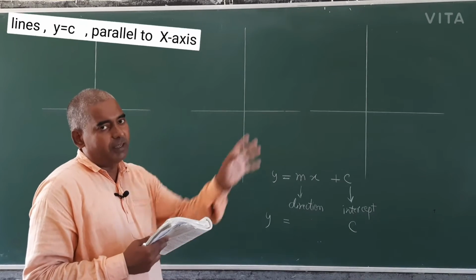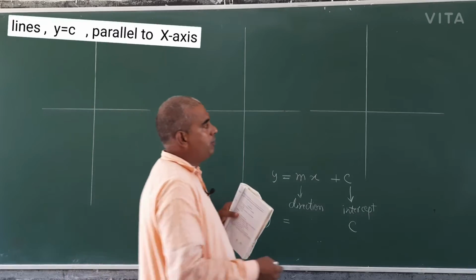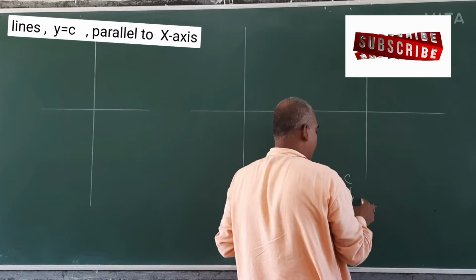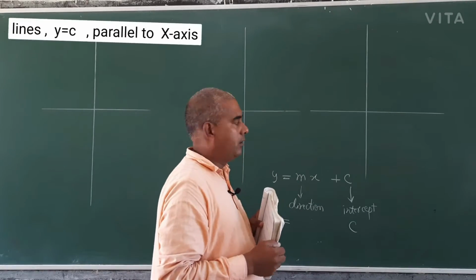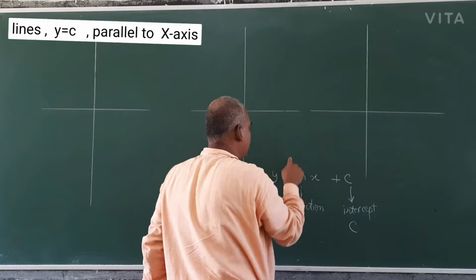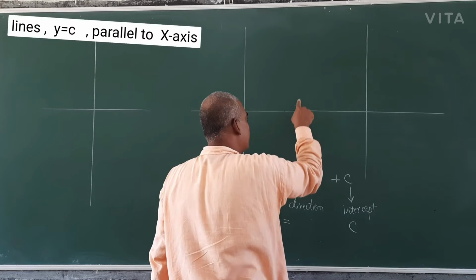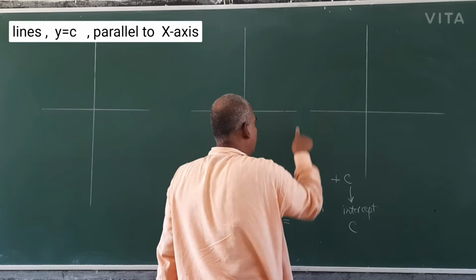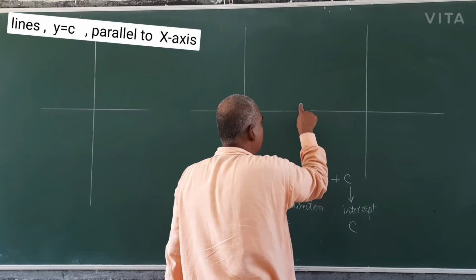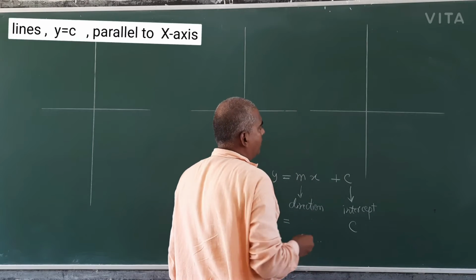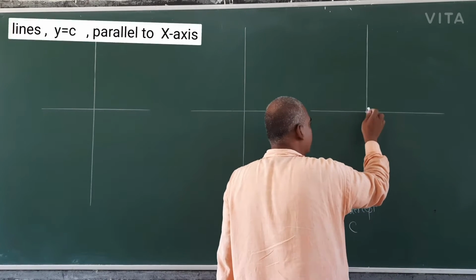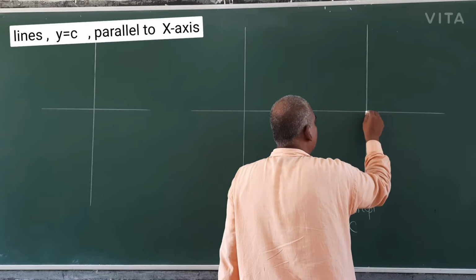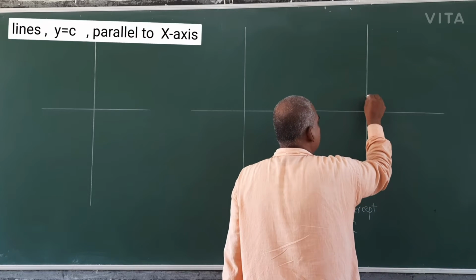Y is equal to 3 in one variable means you will take only one axis, y, and you will take y is equal to 3. You will draw only one line. This is the number line. One variable means one line. You will draw the y and then 0, 1, 2, 3, 4, just like I am doing here. So at that time we will draw only this y axis, and y is equal to, this is 1, 2, 3.